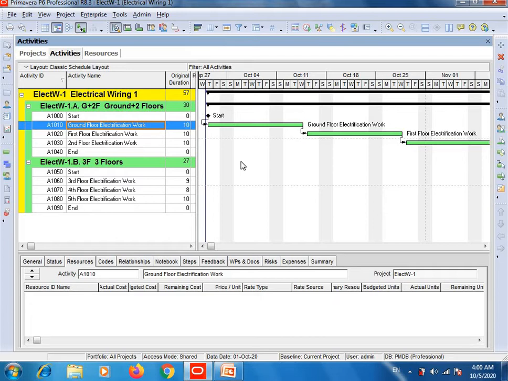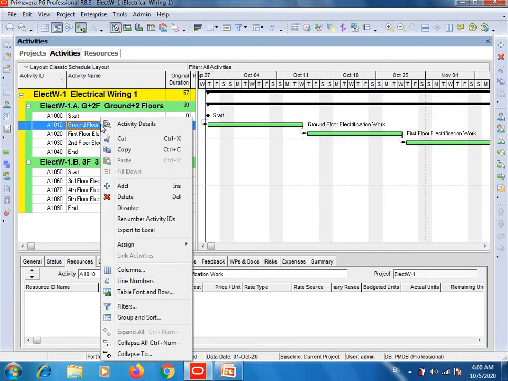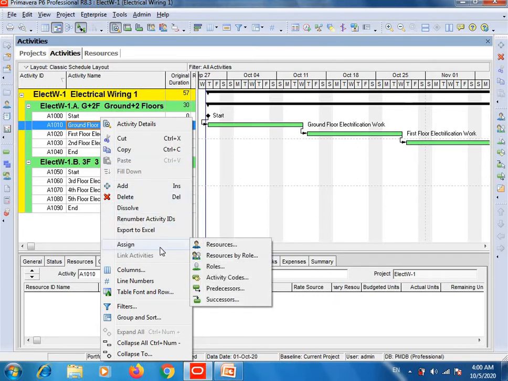Now we will move to step number 7, assign resources to activities, and how we will do it. Right click on your first activity, like the ground floor electrification work, which comes under the first WBS. Right click, select assign, then click on resources.